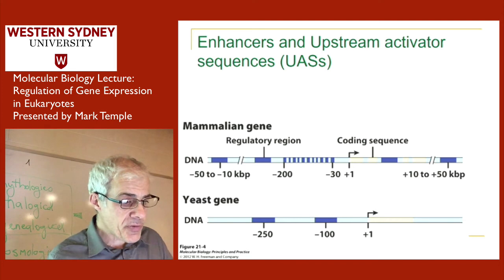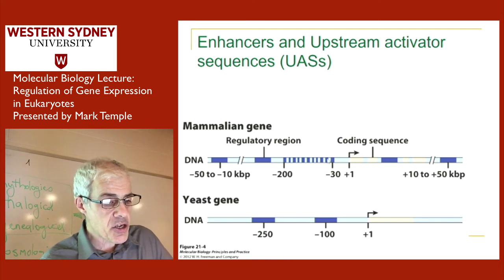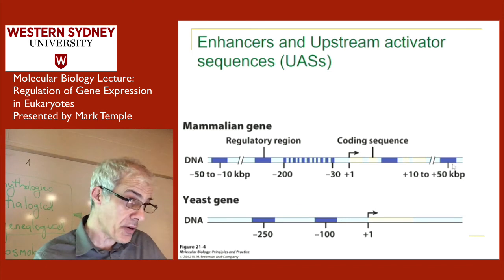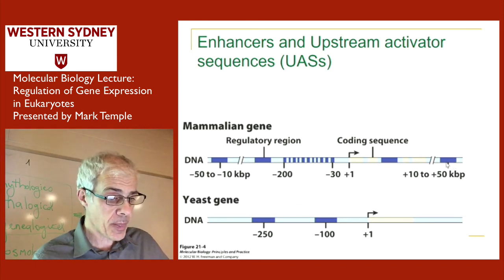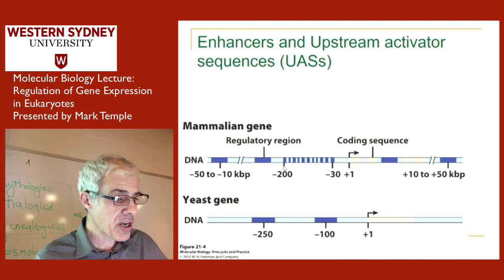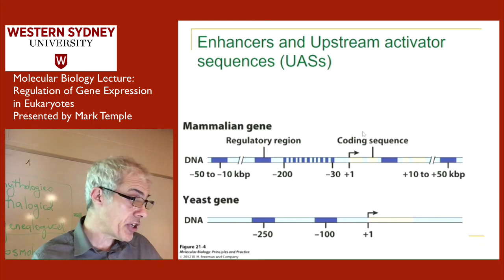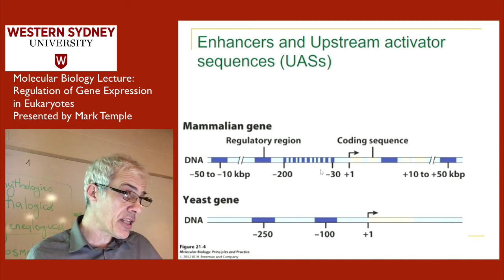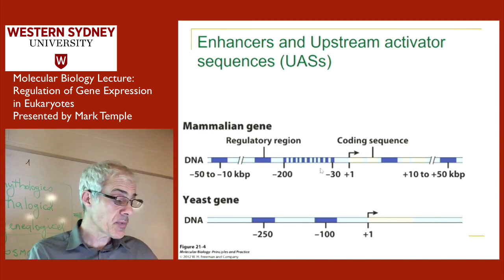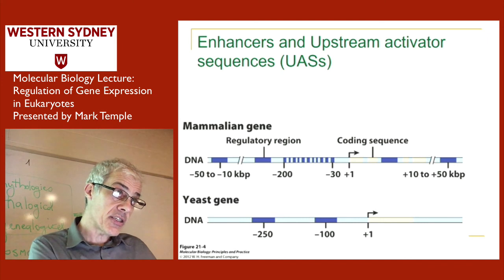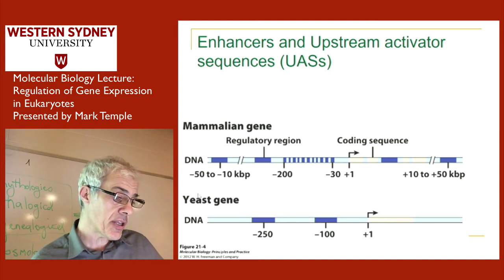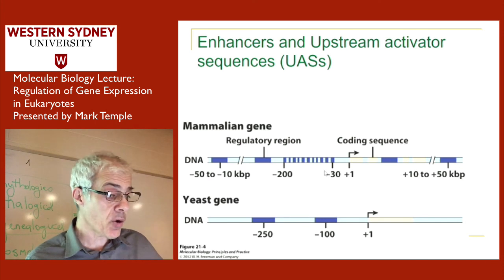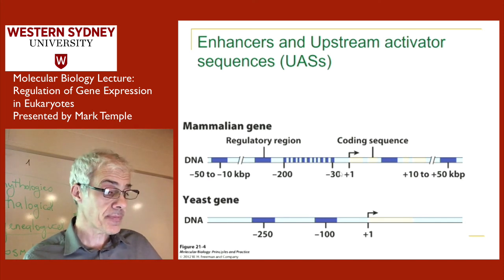So if you're studying gene expression in eukaryotes, you often have to include distant regulatory elements that you wouldn't have anticipated including. Okay? And then once you've got those distant regulatory elements in your test tube when you're doing your in vitro studies, you can then mimic the expression of the gene that you know occurs in cells. So again, that's really good evidence that these bits of DNA you've included that are 50,000 base pairs away, you're now getting the correct response of that gene to the various factors. Okay?